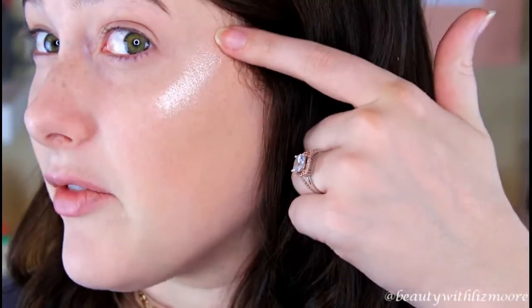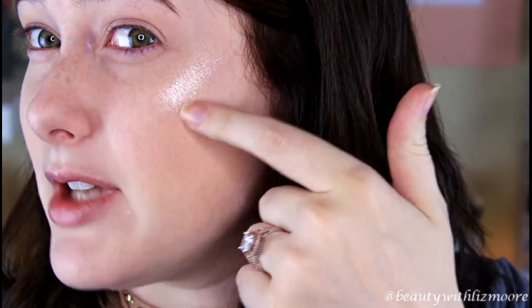And then this side, it does look a lot better. You can see that it went from my temple down to the top of my cheek pretty well, but it dried down a whole lot, and now it looks like I have a streak on my face, which isn't my favorite look. So overall, I'm not liking that product too much. Honestly, I highly doubt I'm going to use that for my face. If I use it, it's going to be for the tops of my lids, and hopefully it'll work. With it drying down so fast, I don't know how easy it's going to be to work with, so we'll see about that one. Okay, I just set my eyes really quick,